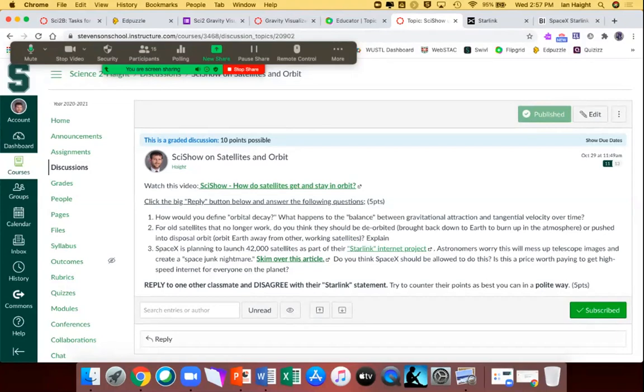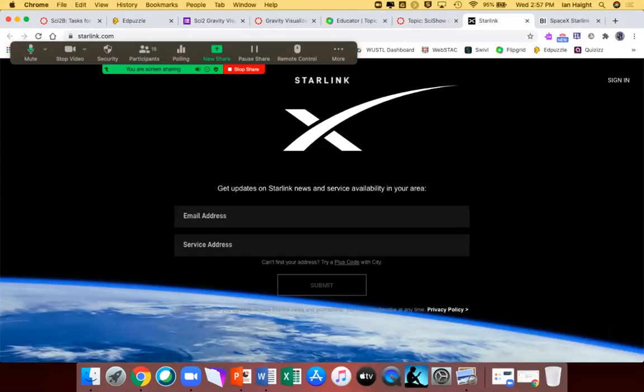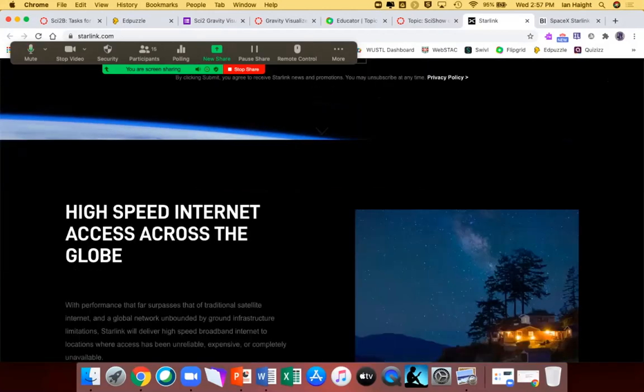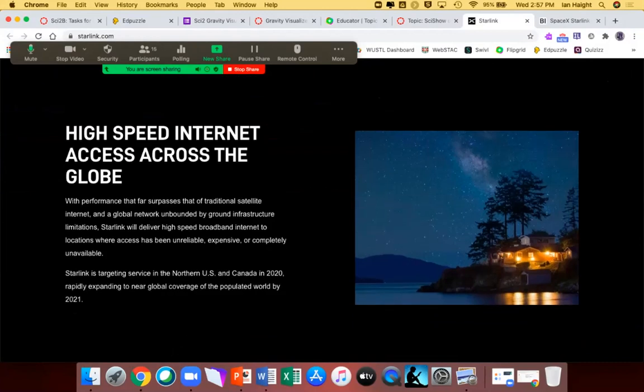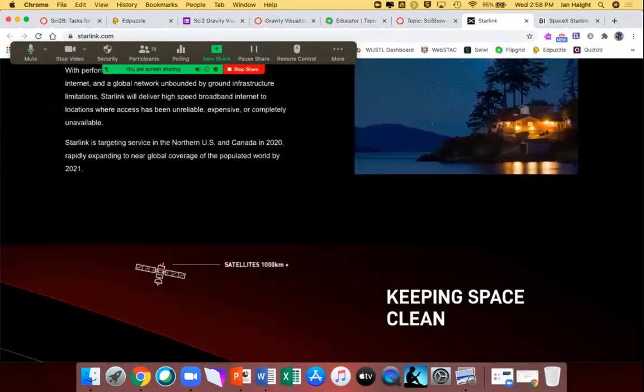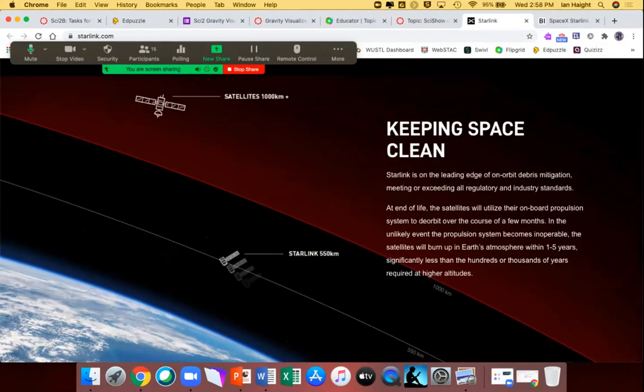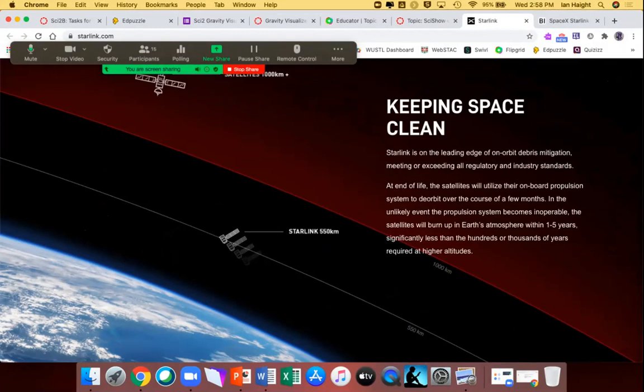And then I'd like you to read and familiarize yourself with something SpaceX is doing. Let me see my screen. So SpaceX is starting up what's called a Starlink project, which is essentially to get high-speed internet to everyone on the globe. You could literally be on the top of Kilimanjaro in Africa, and you would get your 5G connection. And to achieve this, they're launching lots and lots of these Starlink satellites that have much lower orbits,